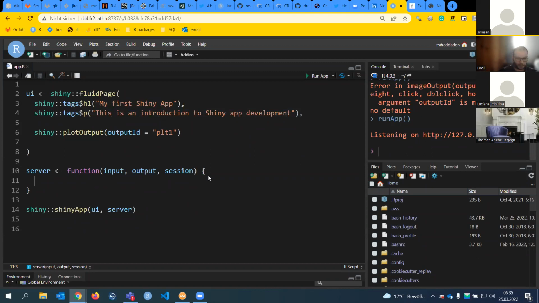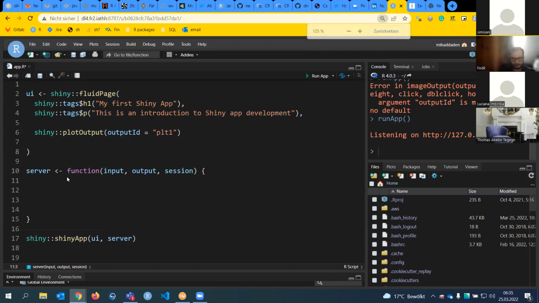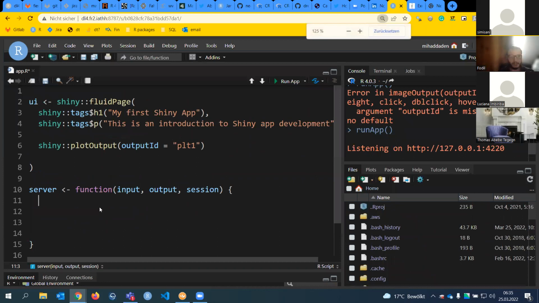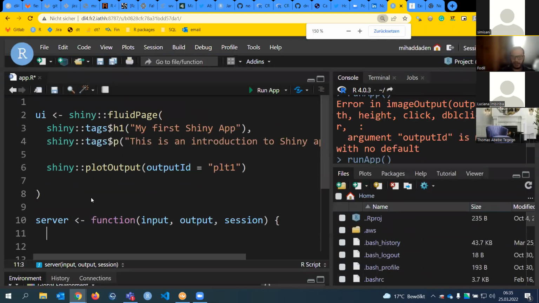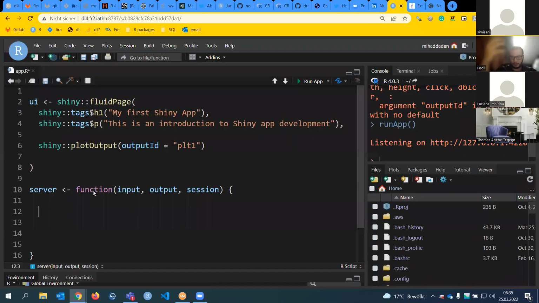So you have a state, what you want to display, and then you have the rendering process. And the rendering process is what you are going to implement, because here we have stated that we want a plot. Now in the server, we are going to create this plot. And how we do it is not that complicated. It's really simple, actually. In Shiny, we have this first step, we give an output ID, and then we use this output ID in the server so that we retrieve our output and then implement it.